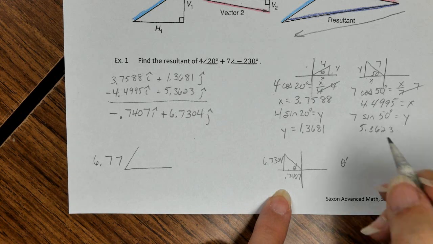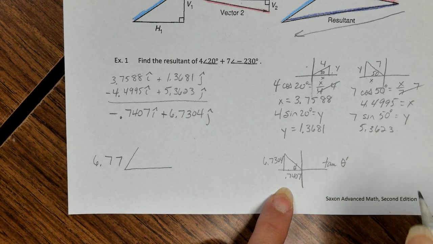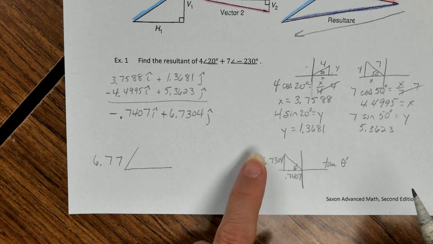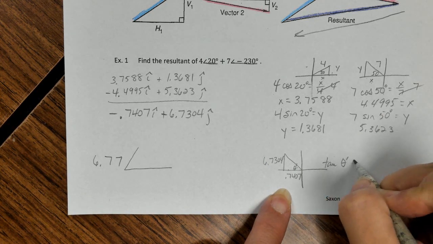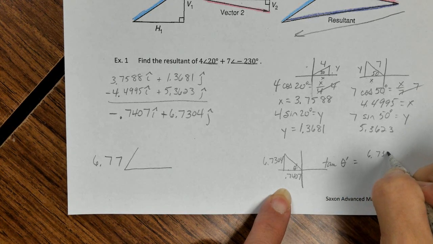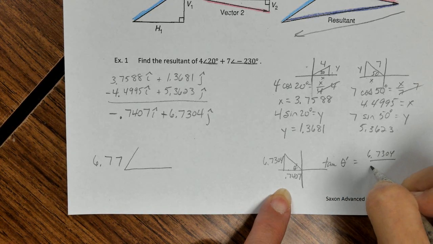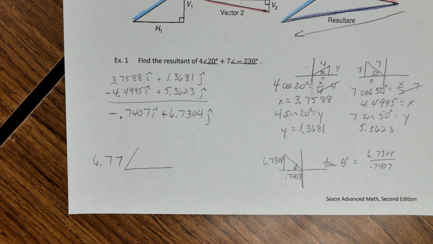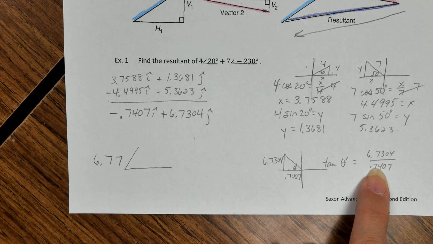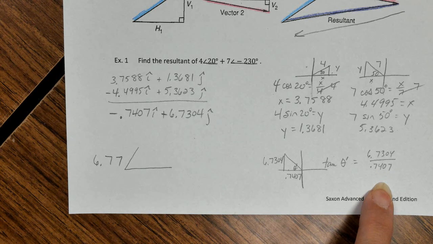The tangent of that angle would be opposite over adjacent, so we're doing the inverse tangent of 6.7304 divided by 0.7407, equals